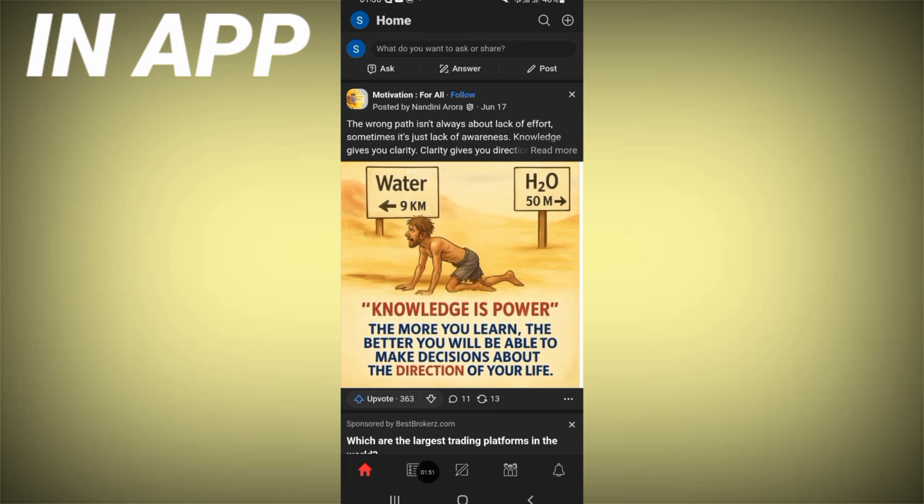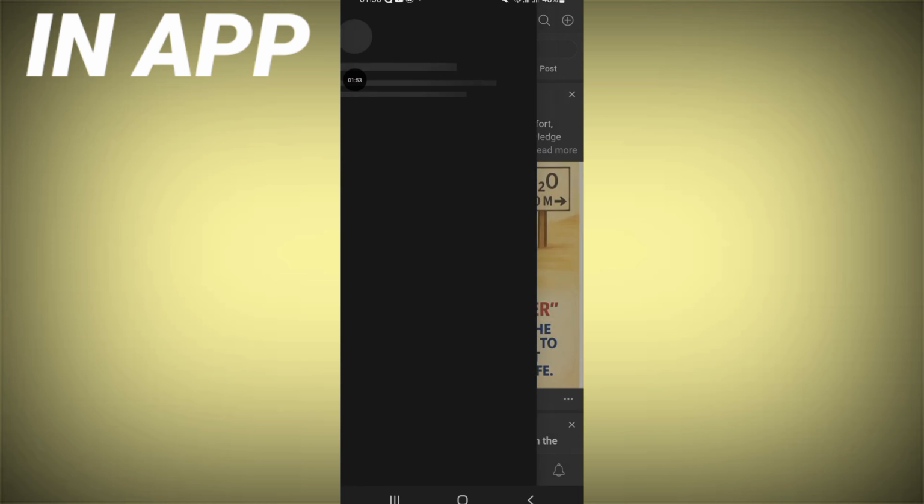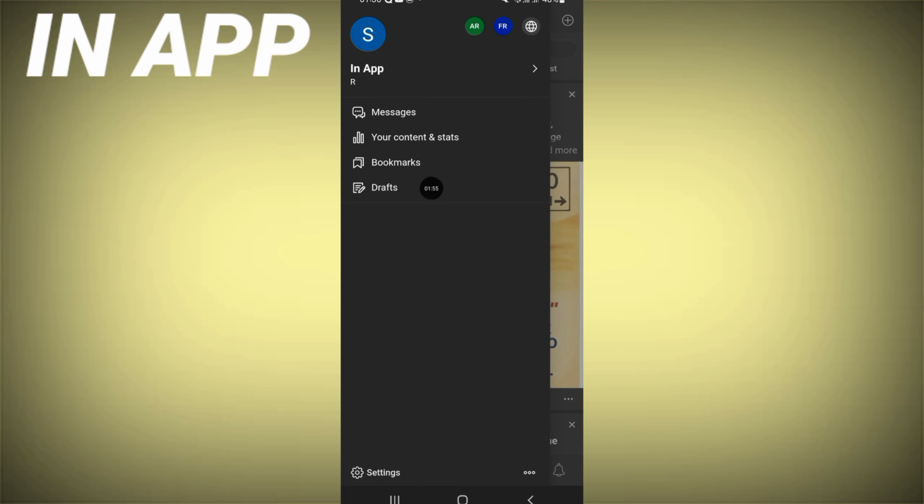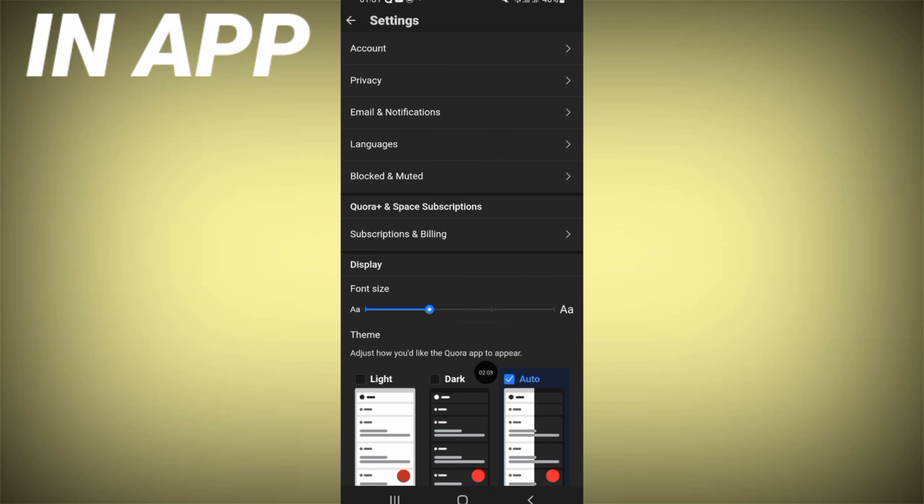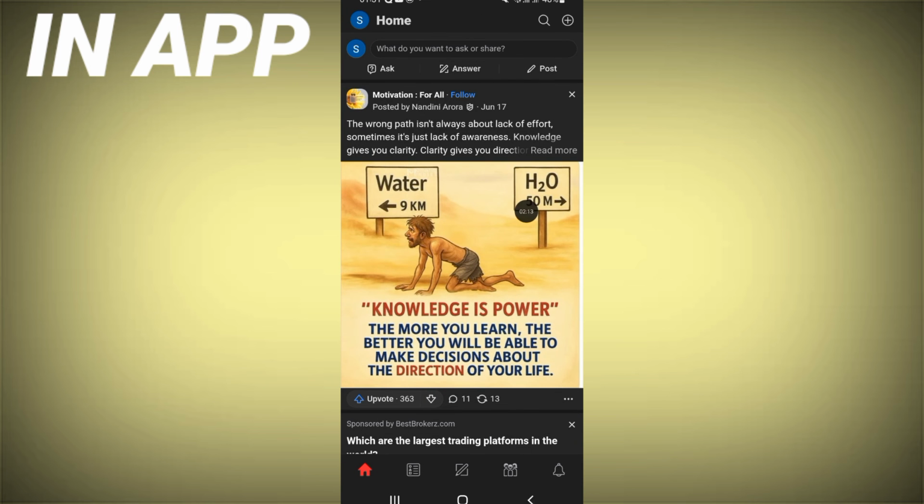If we click on the home page and go here and click, we can find this window where we can find our drafts, our messages, and our settings. Here on settings, we can manage our account, languages, font size, stamp, and many things like deleting account and deactivate it. And if we go back here,